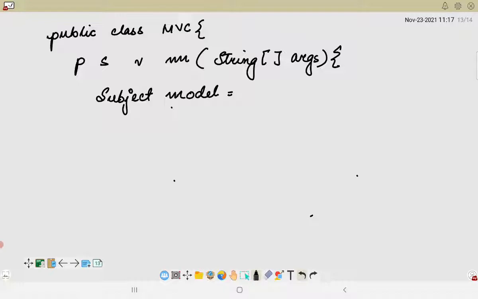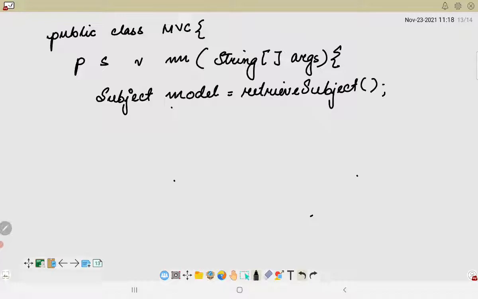We will use this object of the subject class in order to call a particular method, which is, let's say, retrieve subject. Since we have used the term subject throughout, let us use this retrieve subject. So this is a method here.